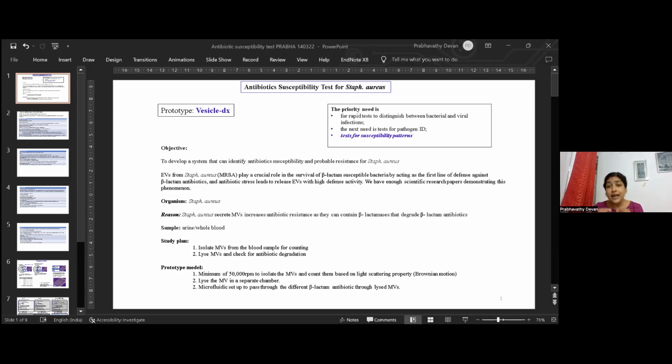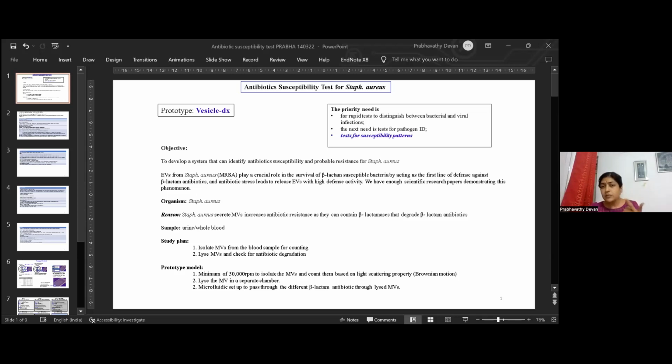Here I'm going to address this with a very focused approach: how can we help clinicians choose the right spectrum of antibiotic so that they don't overuse or misuse broad-spectrum antibiotics frequently? We know we do get infections, and there are people who are quite vulnerable. They get recurrent infections, and some respond to a certain antibiotic class, but after a period of time they become resistant. So it's important for clinicians to understand what is happening.